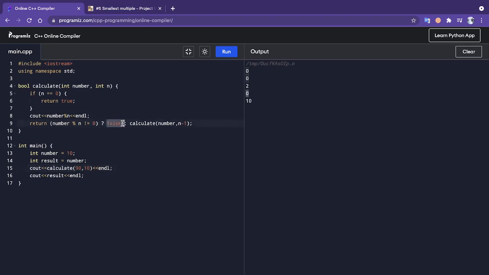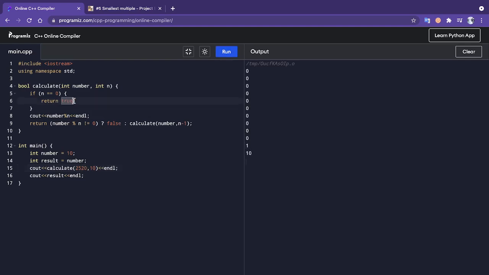These two zeros are coming from this statement, number percentage n, but this 0 is because of the false, the boolean function false. Here you can see it is checking whether the one possibility is right or not. If I give 2520, it will return simply true. After some iterations, it will return true. The last thing is 1, that is true.